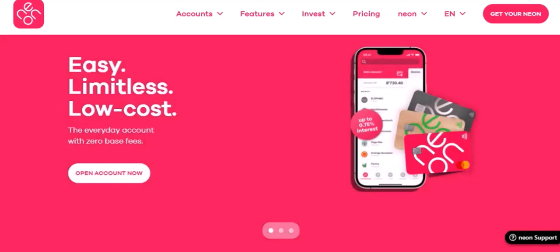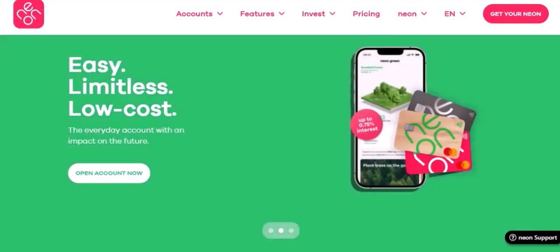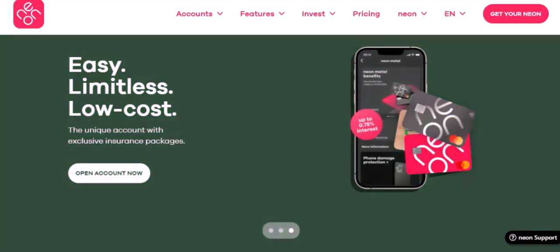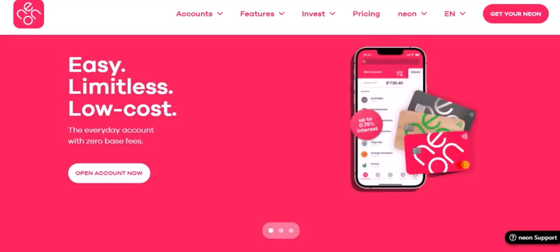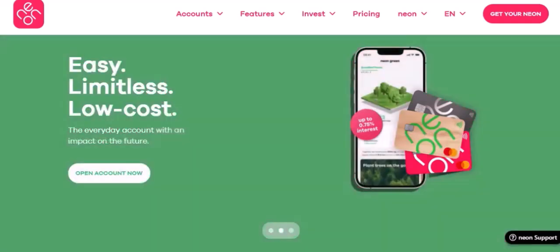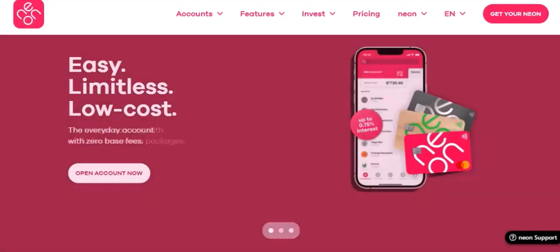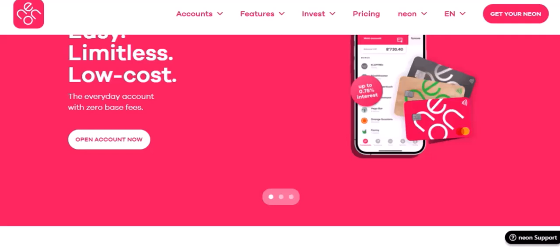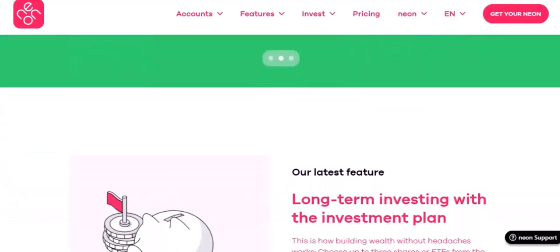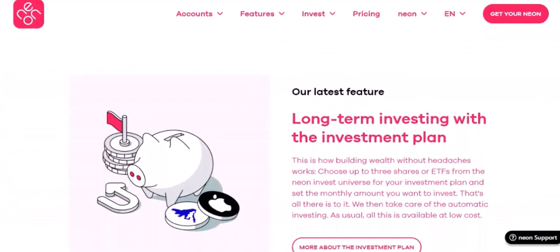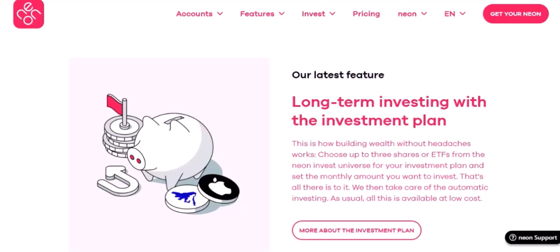Within this section, you'll likely find an option to change plan or upgrade/downgrade. Clicking on this will usually present you with a list of available Neon plans, outlining their data allowances, call and text inclusions, and, of course, the price. Take your time to browse through these options, carefully considering your usage habits. Do you find yourself constantly hitting your data limit? Maybe a plan with more gigabytes is the way to go. On the other hand, if you're mostly on Wi-Fi and don't make many calls, a more basic plan could save